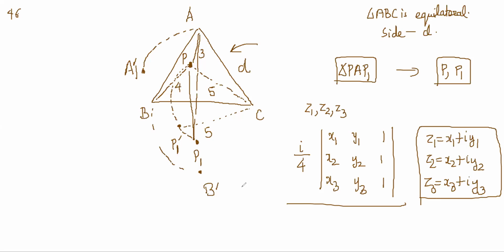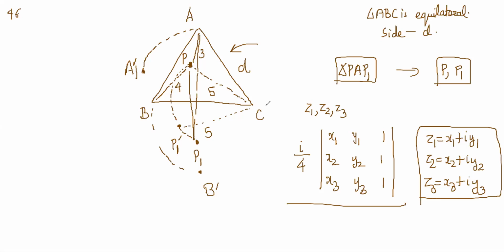Like, we know two sides in the triangle. We know which sides? You know that PA is 3, and then PC is also 5. No, wait, PP dash we don't know. Yeah, it's 5, right? Why? Isn't it an equilateral triangle? Why will PP dash be 5? I don't understand. P dash and C, that's an equilateral triangle, right? 5, 5, and 60 degree rotation.